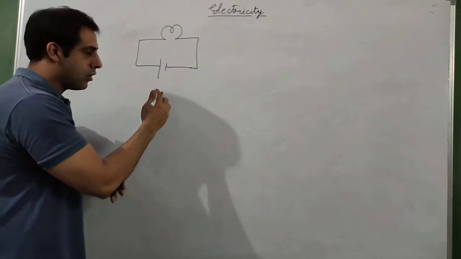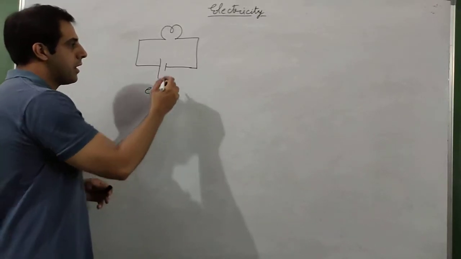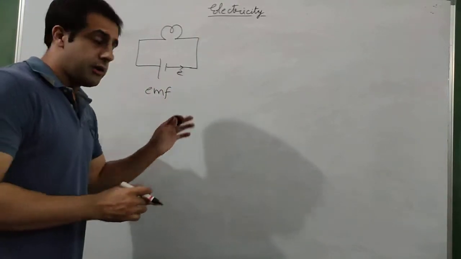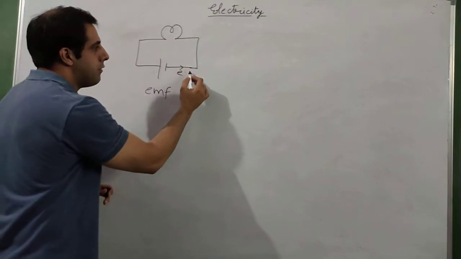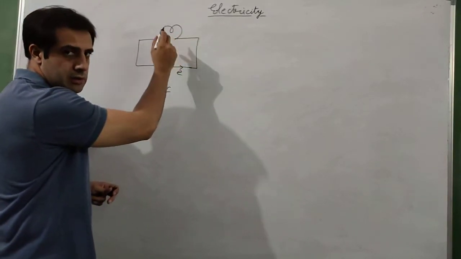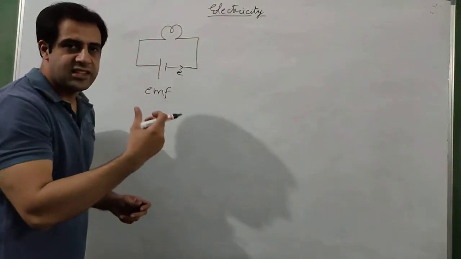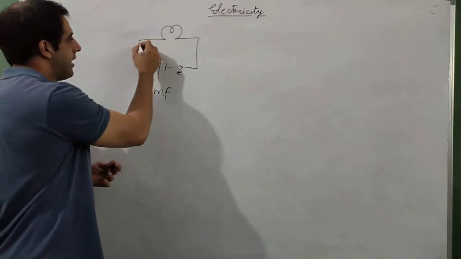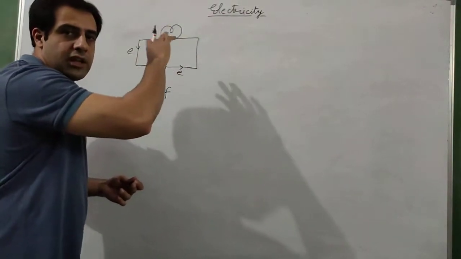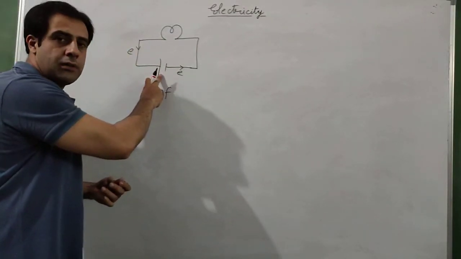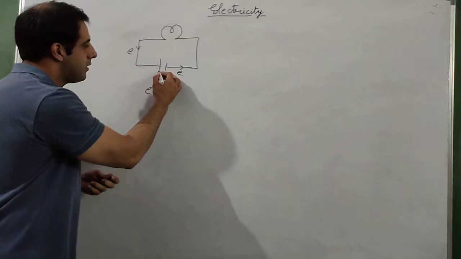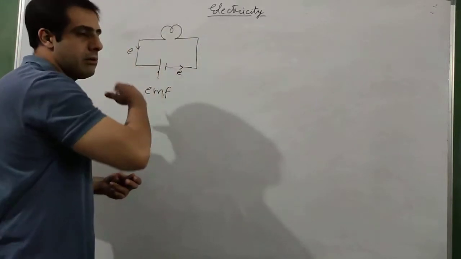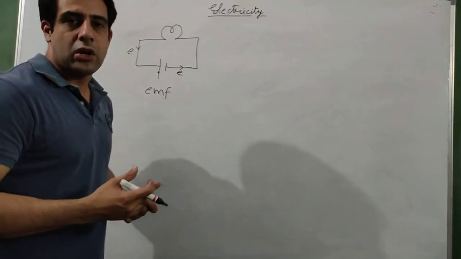It does the work on the electrons by using electromotive force, and then the electrons flow in the circuit with an extra energy. That extra energy is provided by the battery. When this electron flow with the extra energy comes to the device, the bulb here, the device absorbs the electrical energy from the electrons and does its work. And the electrons, after passing on their energies, come back and get deposited on the positive terminal. Then the battery again moves this electron from positive to negative terminal by again doing work. The same process keeps on repeating itself, and that's how a circuit works.